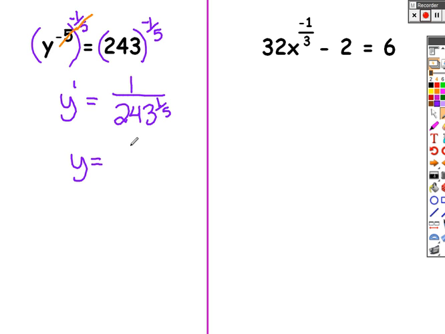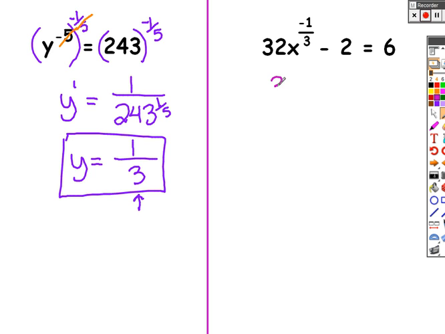So y is 1 over what number to the 5th power is 243? That would be 3. So y should be 1/3. And just a note, you can check these on your calculator pretty quickly too. If I take 1/3 to the -5th power, I should get out 243. So last problem,